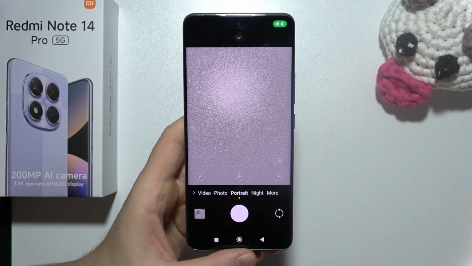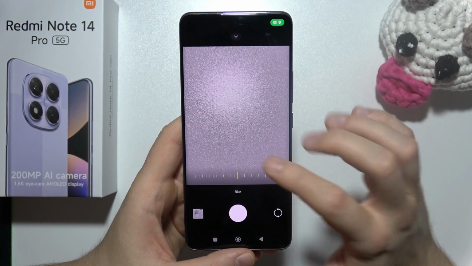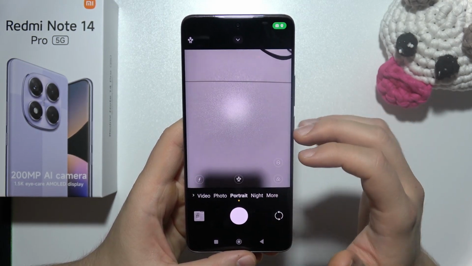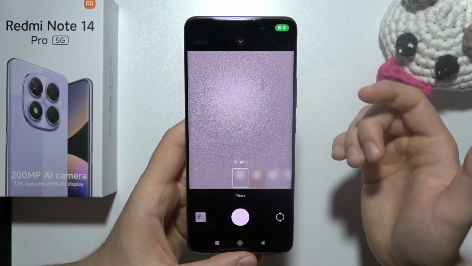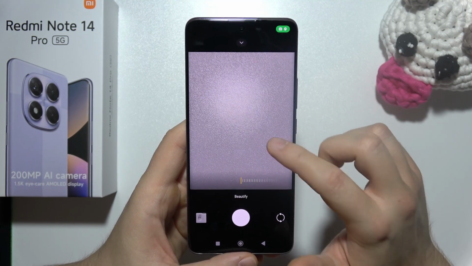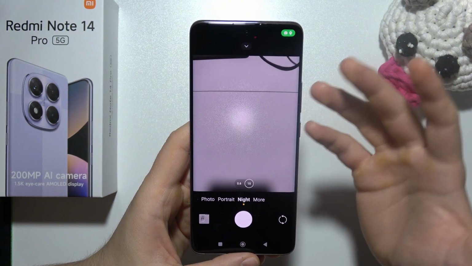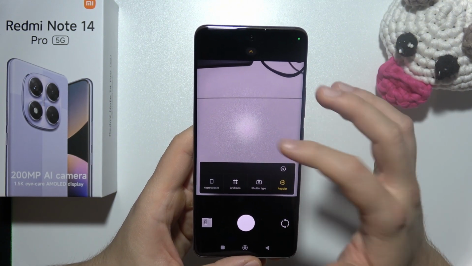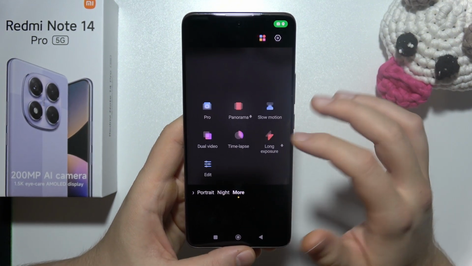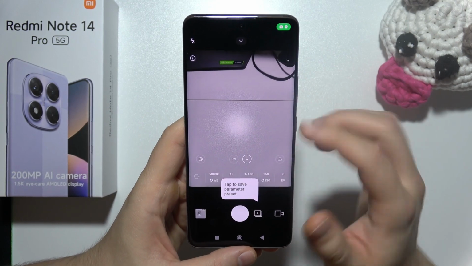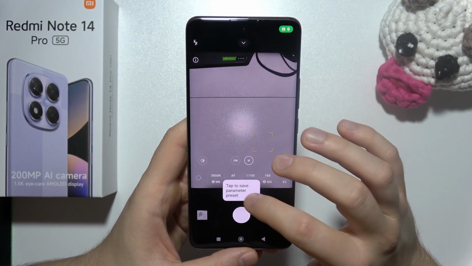Here we can find portrait mode with blur effect. There's also filters and beautify mode. In the night mode, there's actually no any additional features. In the more modes, we can find camera pro mode. So here we can adjust,